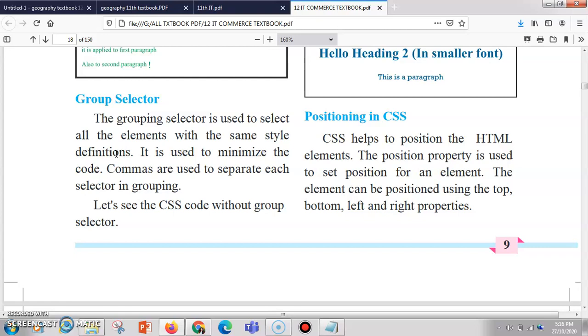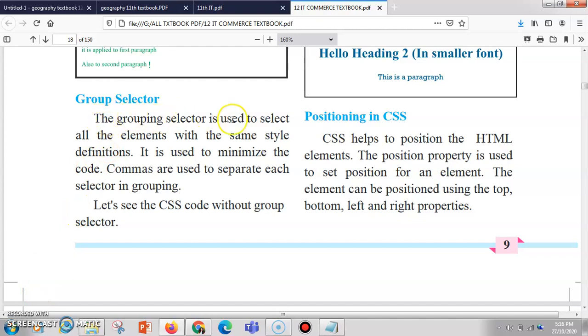Inside the body we have several types of tags, like the h1 tag, h2 tag, p tag. At a time, if you want to give some of the tags some special properties and some other tags some other special properties, then you can use a group selector by selecting them in a group. So let us perform a practical on it. Before that, we'll just go through the theory part.